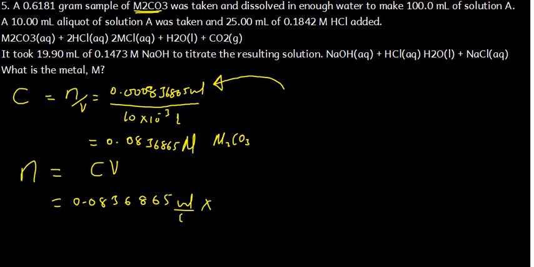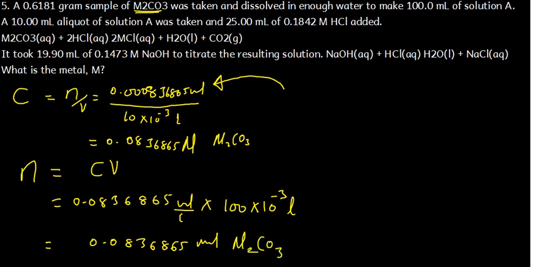And then I want to find out the number of moles in 100 milliliters. So we're multiplying that now by 100, which is 100 milliliters converted to liters by multiplying by 10 to the power negative 3. So that is going to give us 0.0836865 moles in this case. Okay, so these are the moles now of our